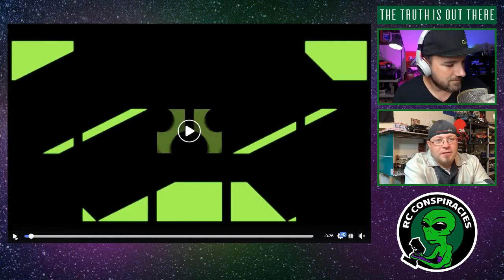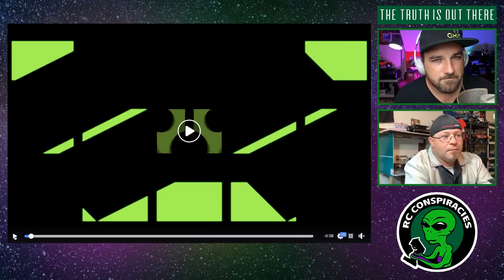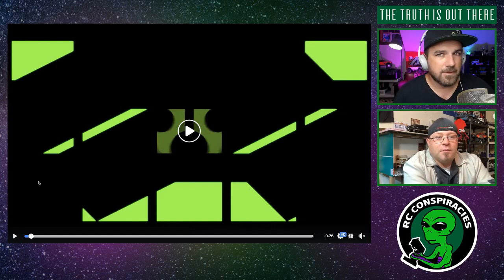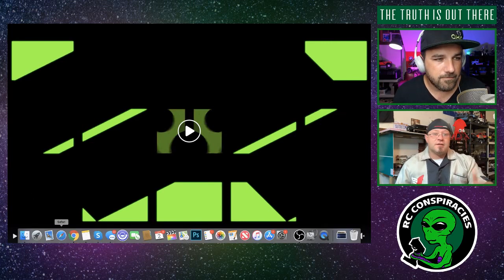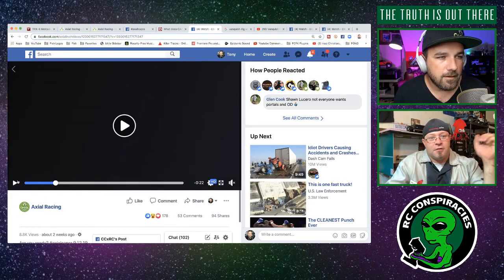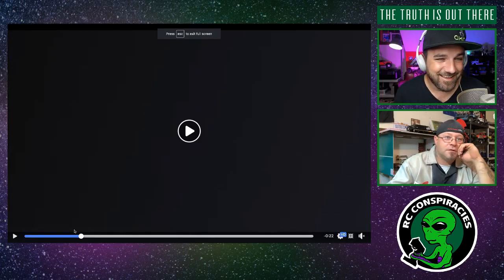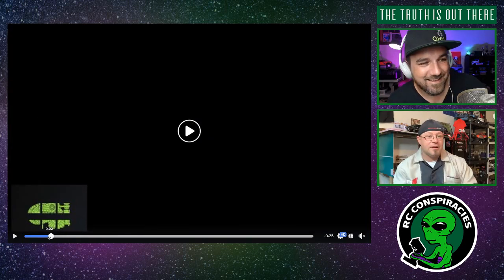You got to think what Axial has come out with so far this season already. Okay, we got the Wraith 1.9, the Builder's Kit, the Unimog 6x6, the Homage. What are we missing? Yeah, other than the hard body Dodge Ram Charger with leaf springs. So honestly, I really think it's